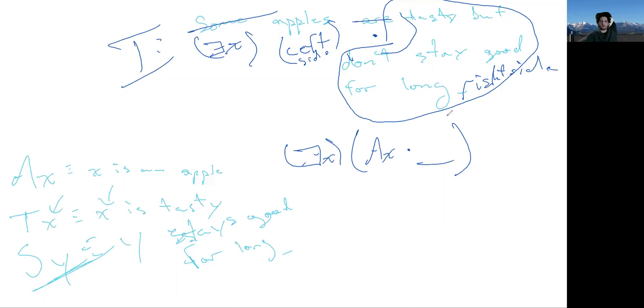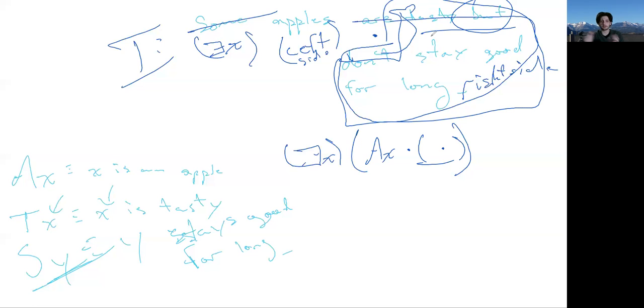And now we just have a bit more complicated of a sentence than just the trivial one, but it's still really straightforward. Well, we want to say that those X's, those apples, are tasty, and that's the but. So that means we have a conjunction in there. We can go ahead and put that in right away. Well, at least maybe read the full sentence and then see, okay, this sentence itself is a bit complicated. And then you ask, well, what's the main operator of that sentence? And you see, oh, it's just and. It's just saying those apples, they're tasty and they stay good for long.